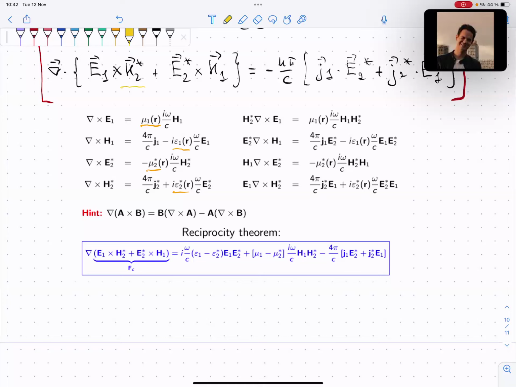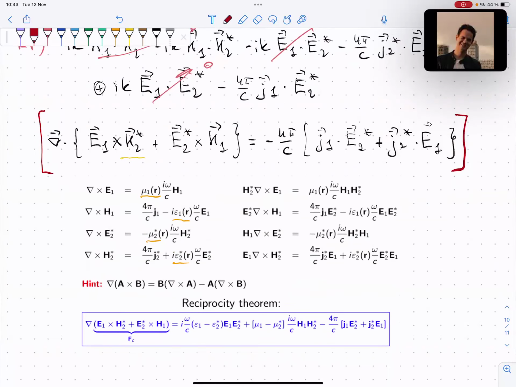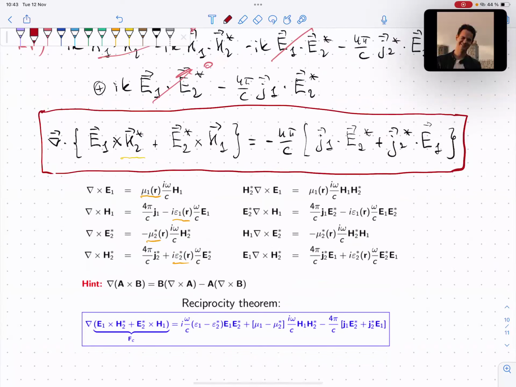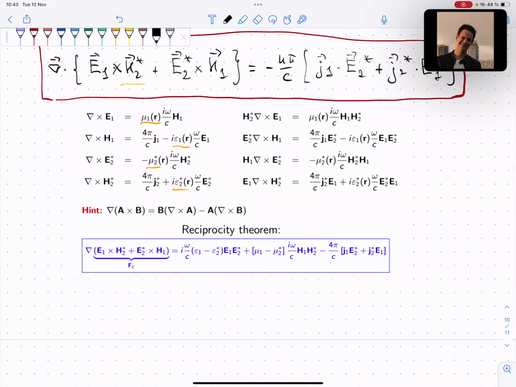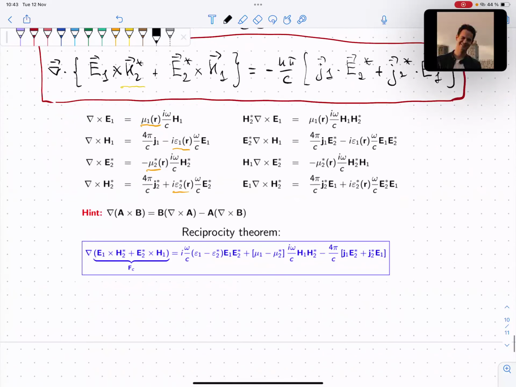Using a similar procedure, you can derive the non-conjugated form, where all the fields are non-conjugated. But for us, only this expression is interesting now, because, for example, let us return to our scattering problem, and let's take